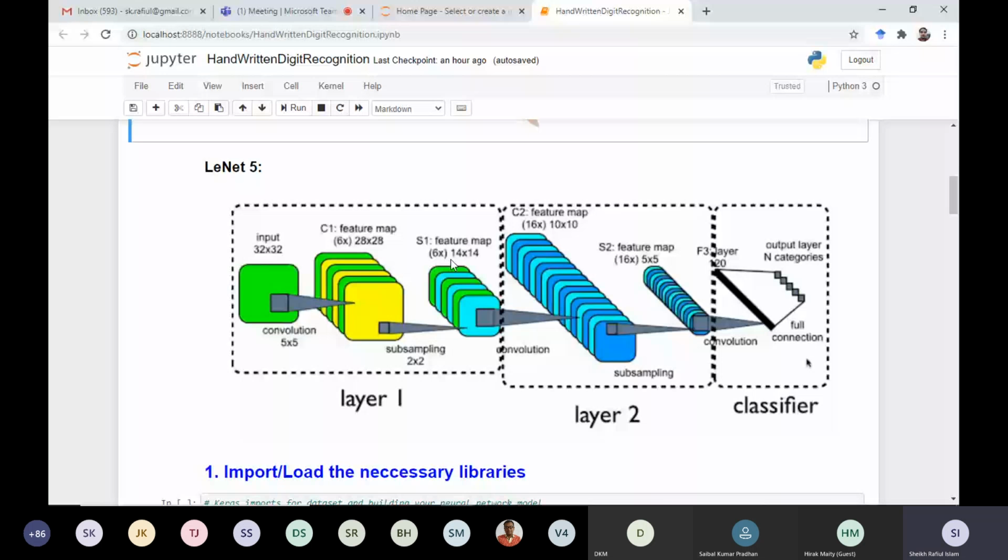And what will be the spatial dimension of the feature map? After sampling, as you have already seen, if the size of the window is 2 cross 2 and stride is 2, it will be reduced by 50%. So that's why it is 14 cross 14. I think there is no problem understanding this part. And see, here they indicated this as one layer, the first layer.